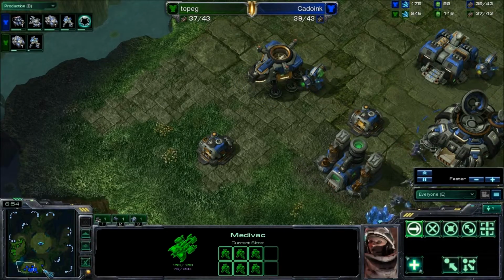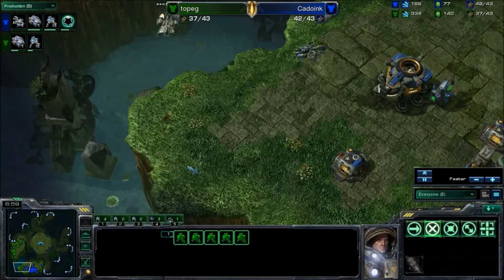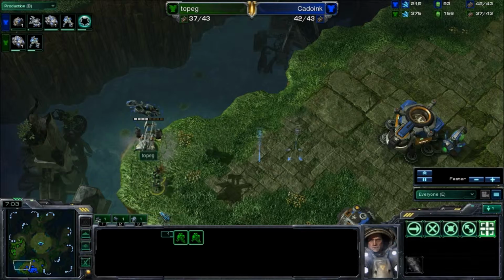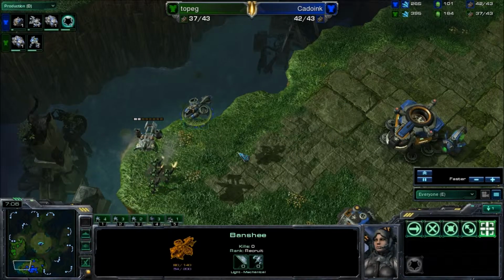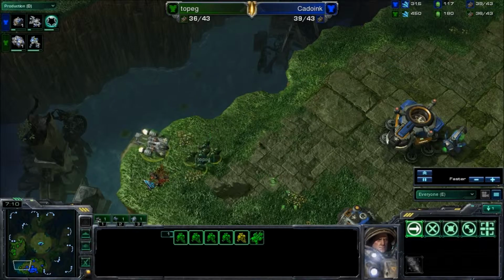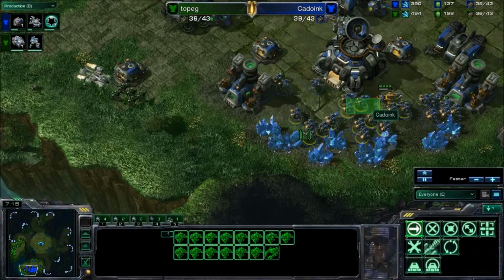And Cadoink's Marines are all the way at the ramp, and he might be able to pick off some SCVs, but Cadoink's going to spot it because his Banshee has just finished, and he's dropping the Marines, and they're going to be shooting at this Banshee, and he's using the Banshee to take out the Marines, but oh my gosh, Topeg is able to pick off Cadoink's Banshee,